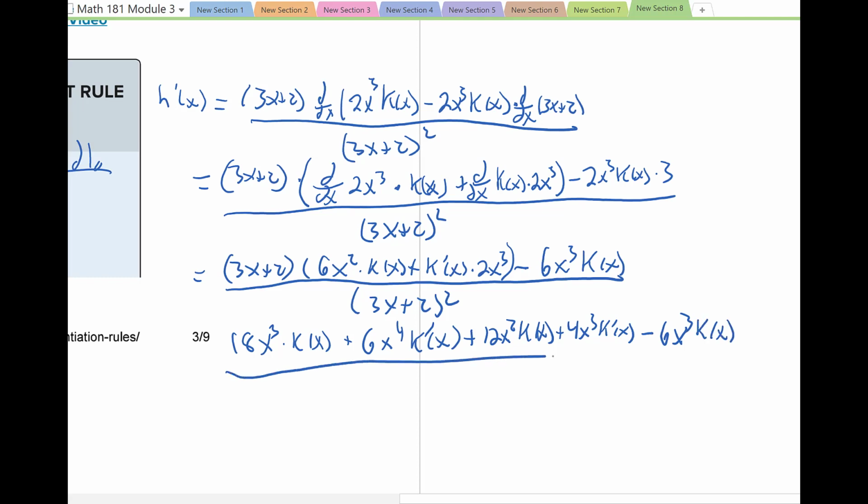So let me just check and see if I can combine anything here. If they have the same level of derivative or not derivative, and the power of x. So I have that 18x cubed k of x and the minus 6x cubed k of x. Those can be resolved a little bit. Otherwise, I have a 6x to the 4th k prime of x and 12x squared k of x and a 4x cubed k prime of x. So those can't be combined at all. So in the end, we end up with